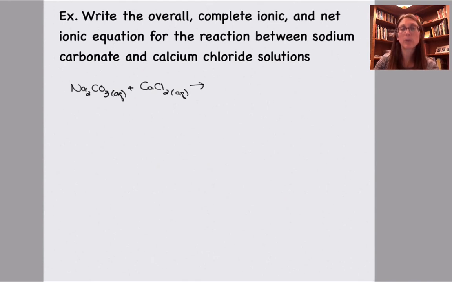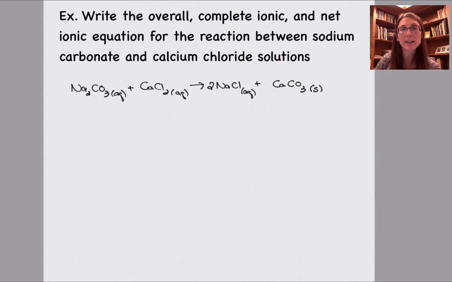I'm going to do a double replacement reaction. Double check that my charges cancel, so Na is +1, Cl is -1, calcium is +2, carbonate's -2, so I don't need any subscripts. Balance this equation, and then I need to figure out states. Na is a group 1 cation, and so anything it's combined with will be aqueous. And if you go back and look at that solubility chart, calcium carbonate will be insoluble, and so that will form a precipitate. That is a solid. So there's my overall equation.